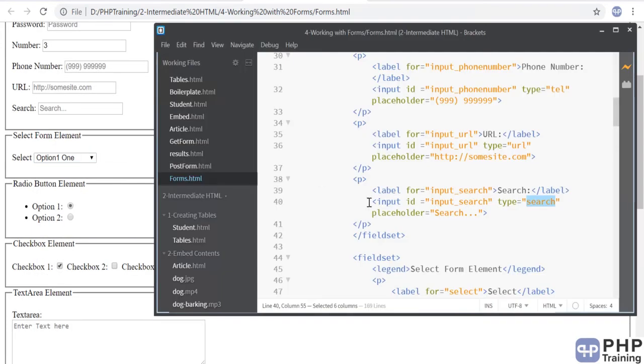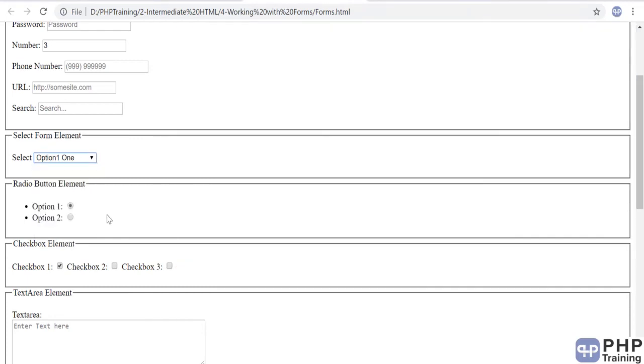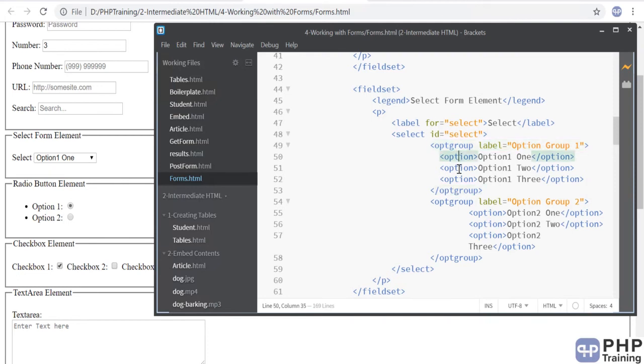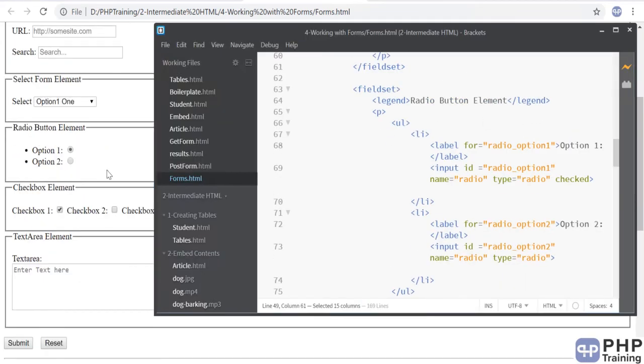You can create options using the select. Select basically has option groups. You can create groups in it, option group 1 and option group 2, and inside each option group you can create the options, and whatever label you give will be visible in the option. Next one is the radio button. If you want to create radio buttons, you can use input and type as radio. The only thing you have to remember in radio buttons is the name. You have to give the same name, then they become one group.